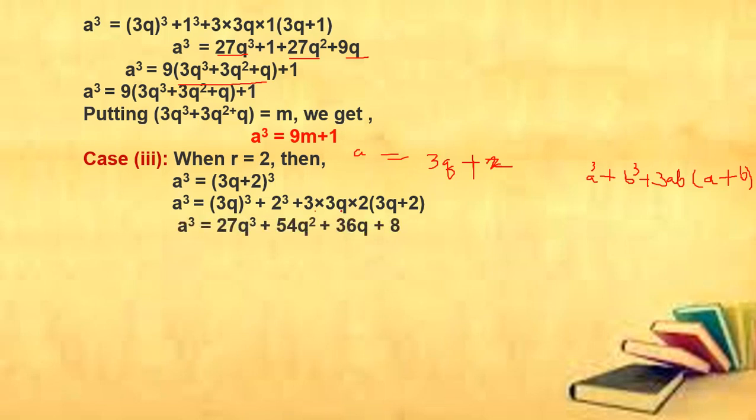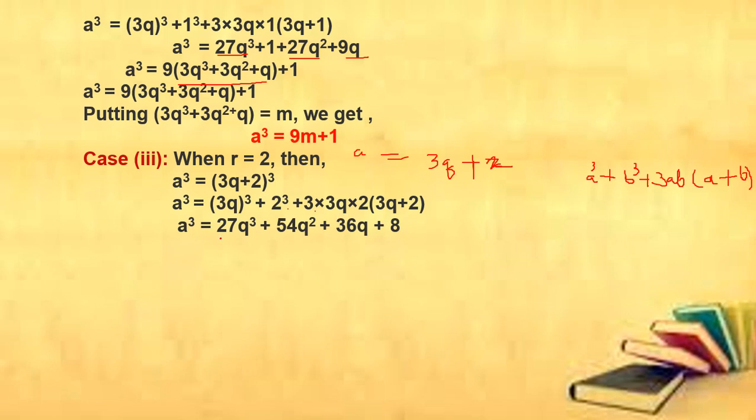Now multiply all the quantities. 3q cubed, that is 27q raised to the power 3. 2 cube, that is 8. It was earlier in second position, now the cube of 2 we are writing here at the last position. Now we can rearrange the terms. 3 into 3, that is 9. 9 into 2 is 18. 18 into 3q, 18 threes are 54q squared. Again 3 threes are 9 into 2 plus this 2 also we have to multiply. So 3 threes are 9, 9 fours are 36q.